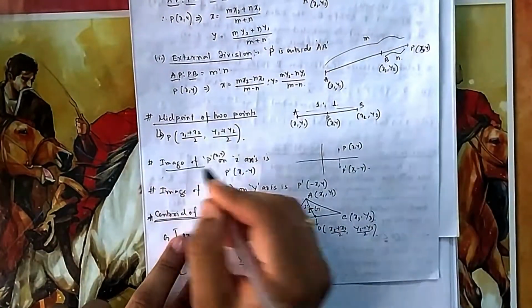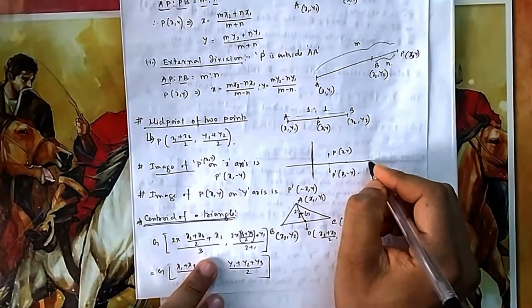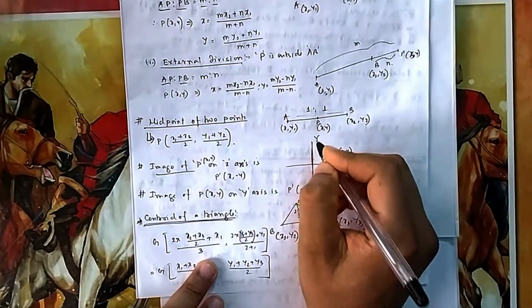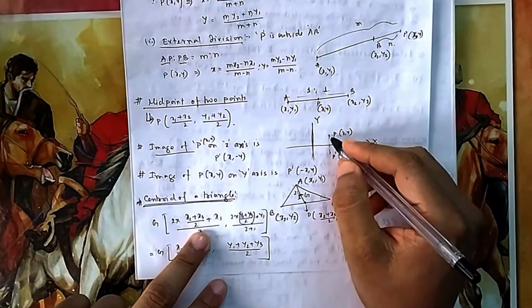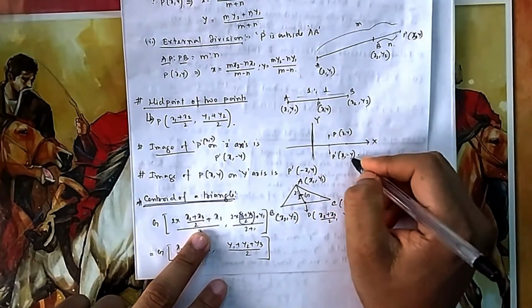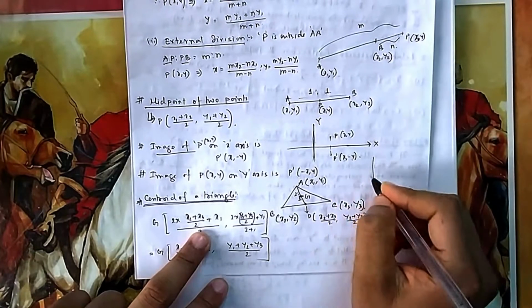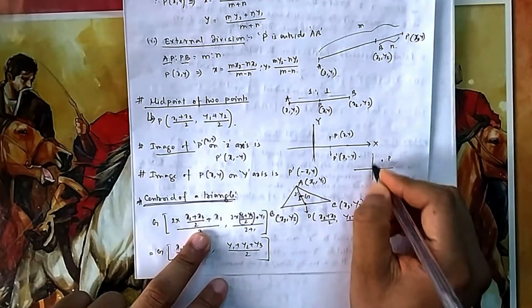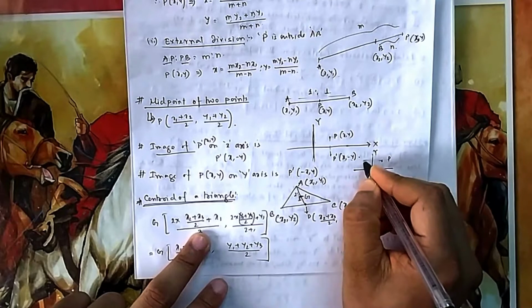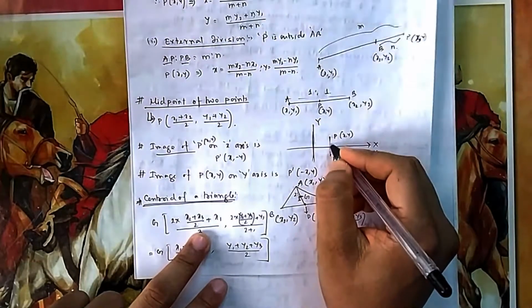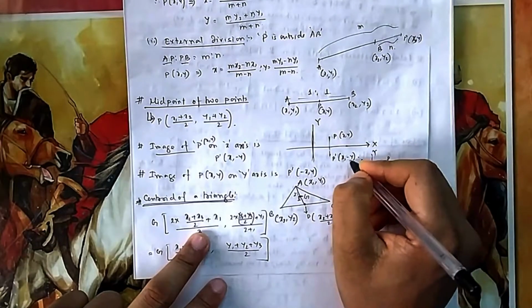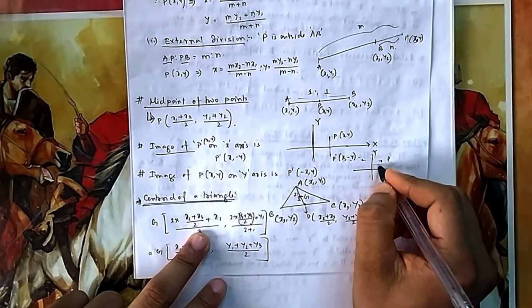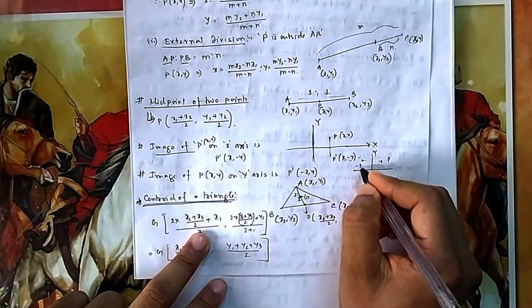Now what is the image of the point P? If you know the coordinate system, let me extend that coordinate system a little bit. What is the image of P on the x-axis? If you take the image, it will be x, minus y. Similarly, if you take the point P and its image on the y-axis, what will this point be? Image means the same distance it will follow here. But it was upward, now it is downward, so it will be minus y. Similarly, whatever distance it is here, the same distance will be on the other side, so it will be minus x comma y.